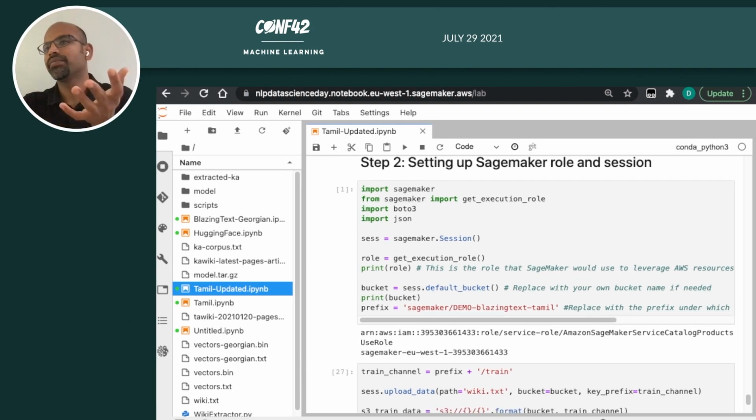Now, this is where SageMaker comes to the party. If you see here, we are creating a SageMaker